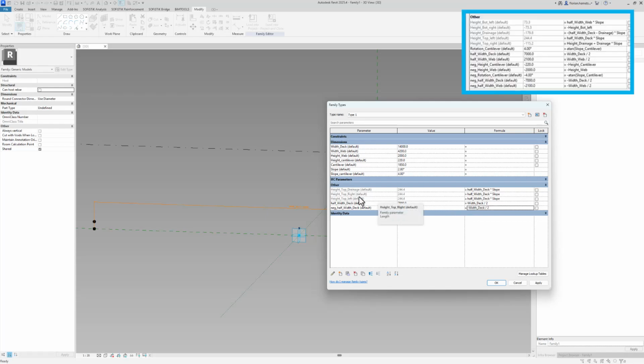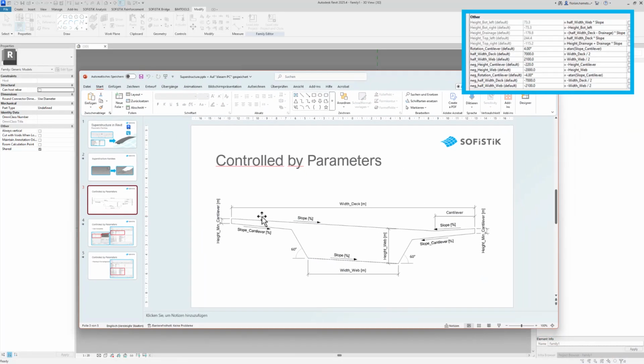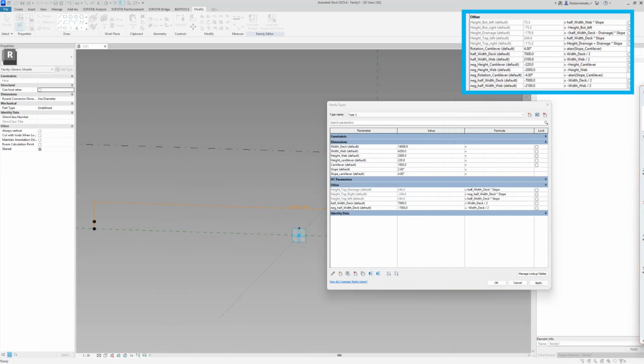And we can use this parameter to assign it instead of the half width of the deck times the slope. But as you can see in our drawing here, the slope is only assigned until the drainage, and then we have a positive slope. How would we handle this?